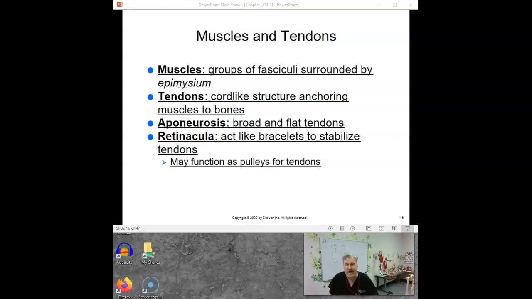And this is very much how we make sheets and how we make ropes. If I make a rope and I'm going to tow your car with it, or we're going to go mountain climbing, we have the fibers go down the rope. We might twist them, but they go down the rope because that's how they're going to get pulled. We don't have them going off the sides. But a bed sheet, we have the fibers going in multiple directions. We don't know which way we're going to pull on that sheet. It's got to be strong in all directions. So that's the way you kind of tell aponeuroses and retinacula and tendons and ligaments apart. They're all connective tissue. It's all kind of the white connective tissue that you've accidentally chewed on or peeled off a piece of chicken or something like that, but it's in different forms.